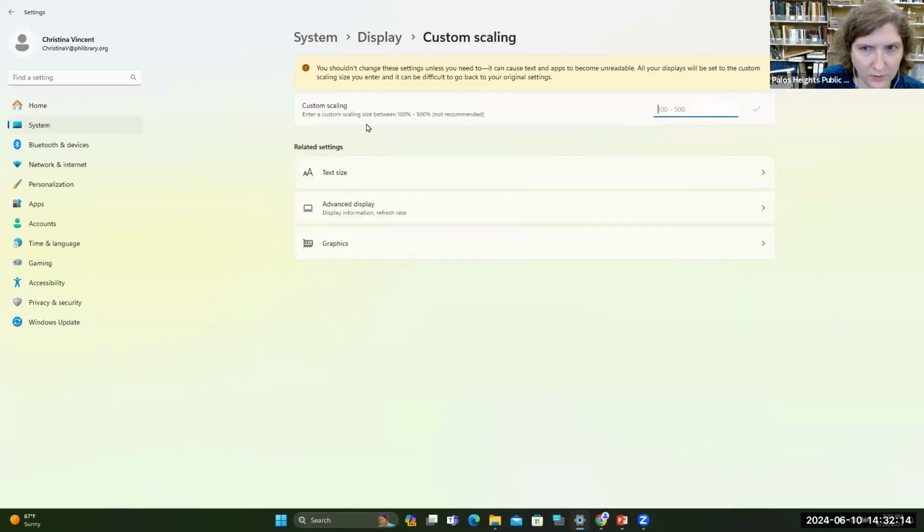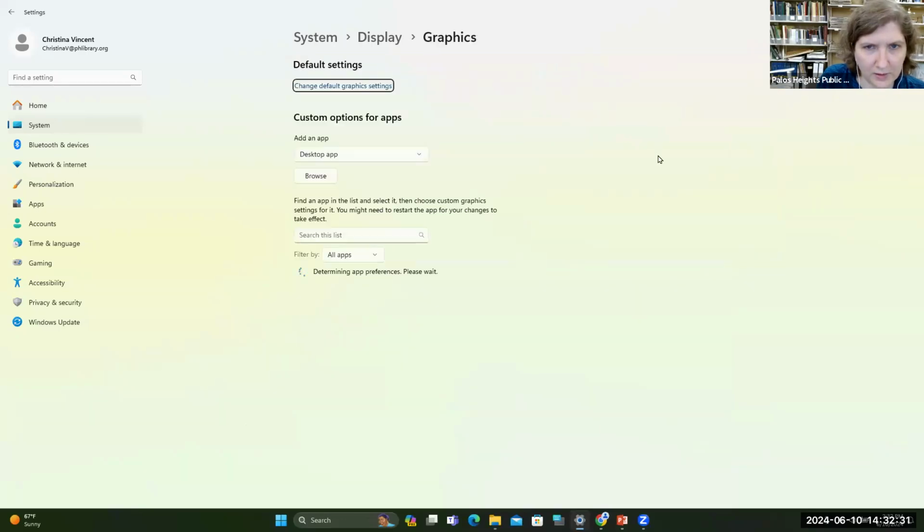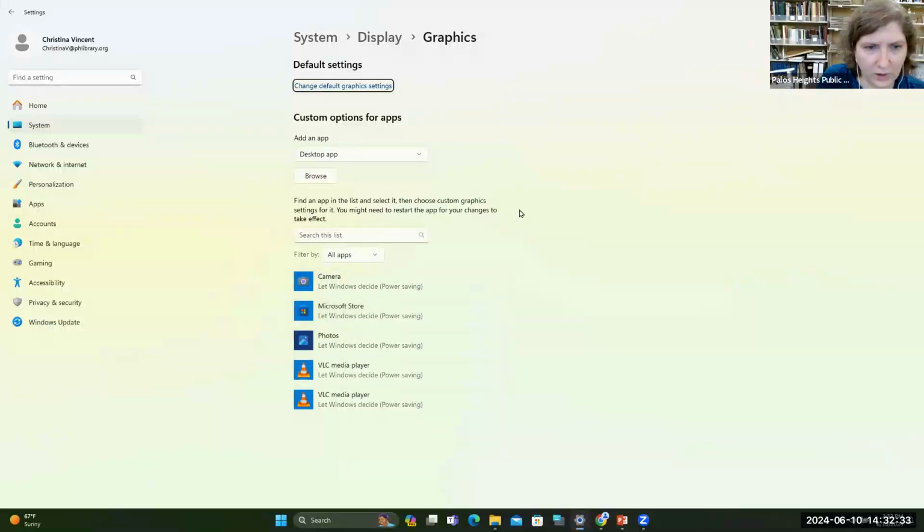And layout. So if maybe some text might be too small to read on your device, this is where you can change the text size to make it larger, maybe more readable. Also advanced display and graphics. Usually leave that on the default graphics settings.